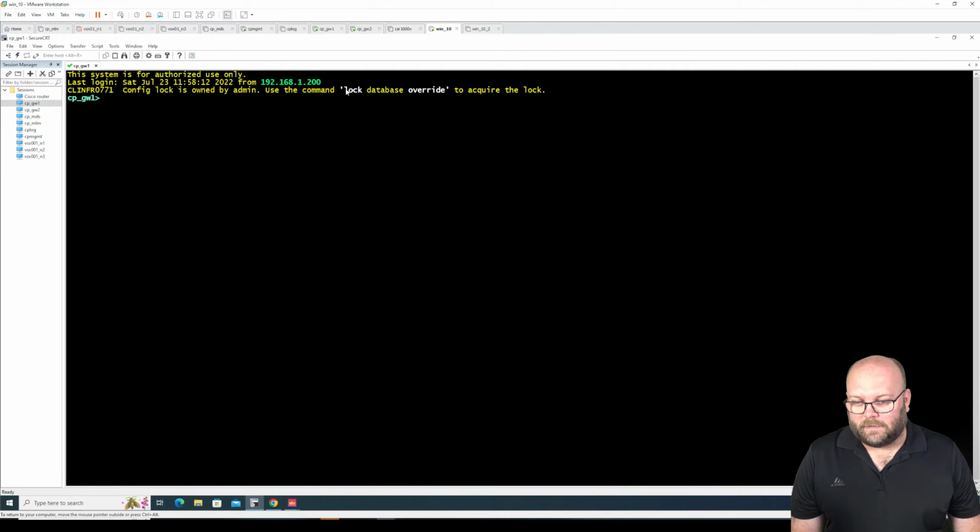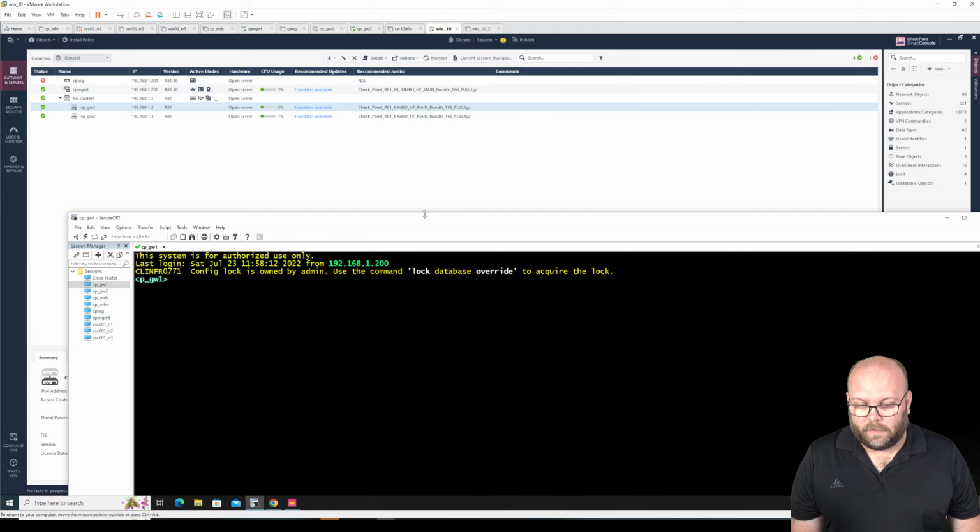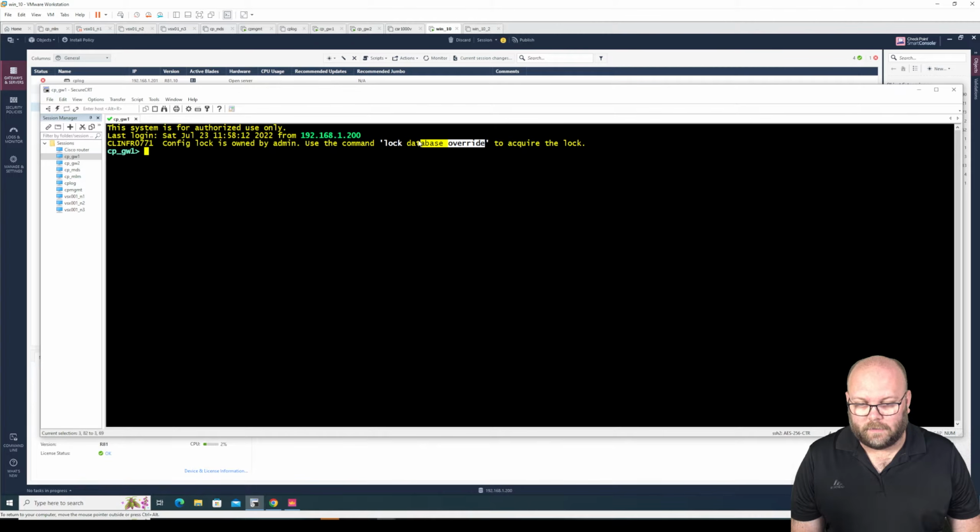And the reason why it says lock database override here, or more or less the reason why it says configuration lock is owned by admin, is because, well, I opened this window. So I'm already logged in, so I will just close that one down, and then I do like this. So I take this command. This is a command that, if you're using CLI or you're using the web portal and so on, you will remember. This is something that you will use, well, quite often actually. So just enter, and now I'm